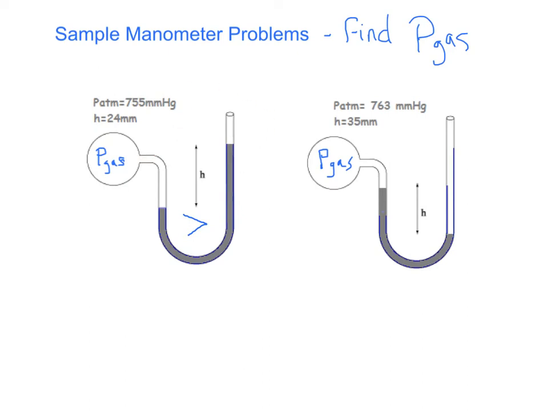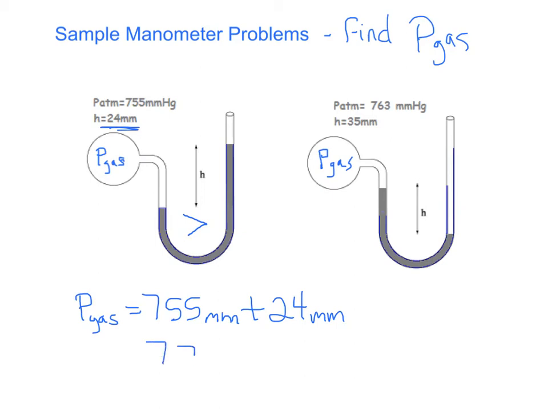So that simply means we're going to take the atmospheric pressure, 755 millimeters, and we need to add the height, which is 24 millimeters, and that means 755, that's 779 millimeters of pressure. So looking at the problem on the right, we have a different atmospheric pressure, 763 millimeters,